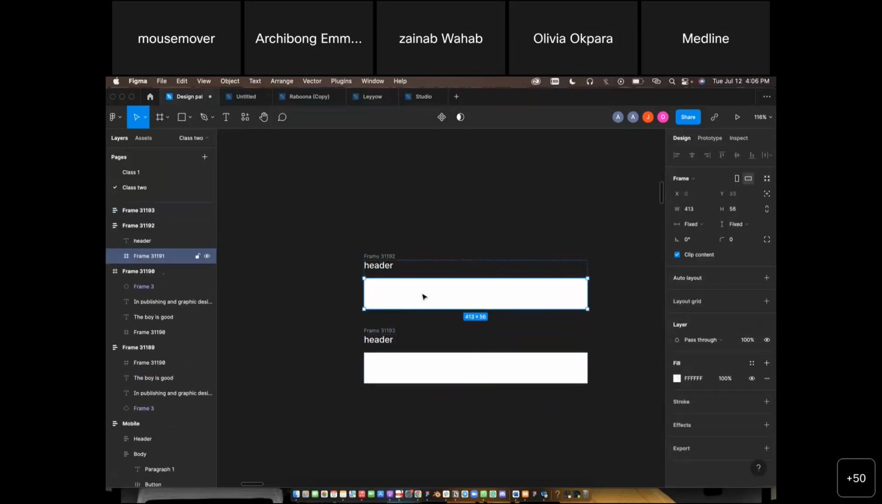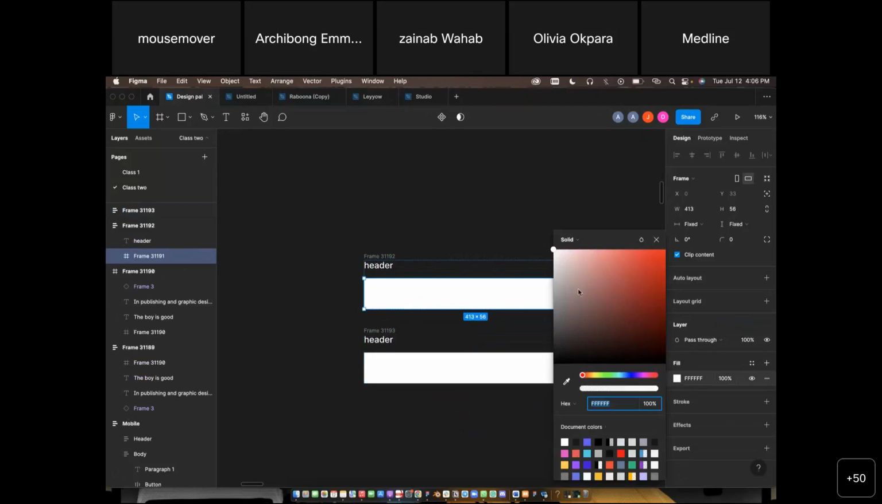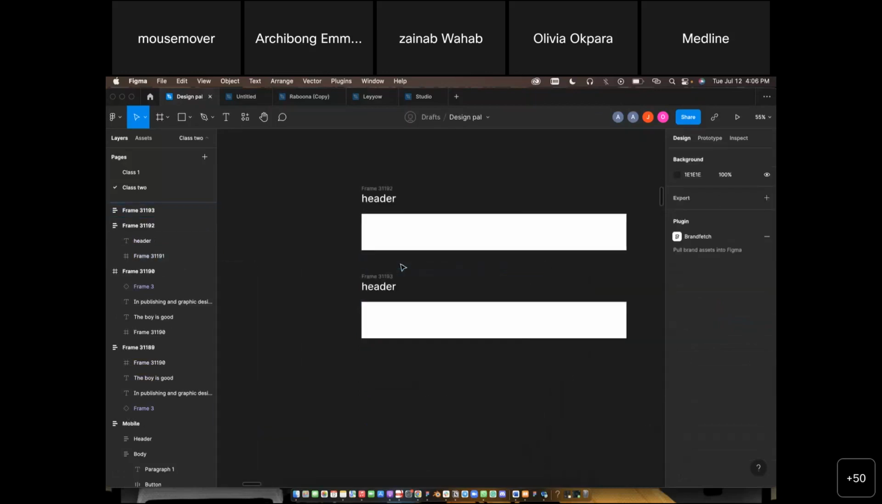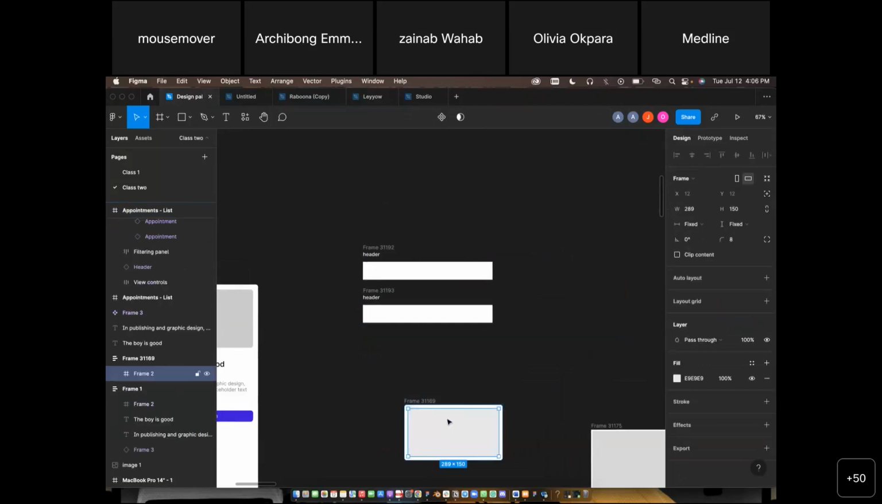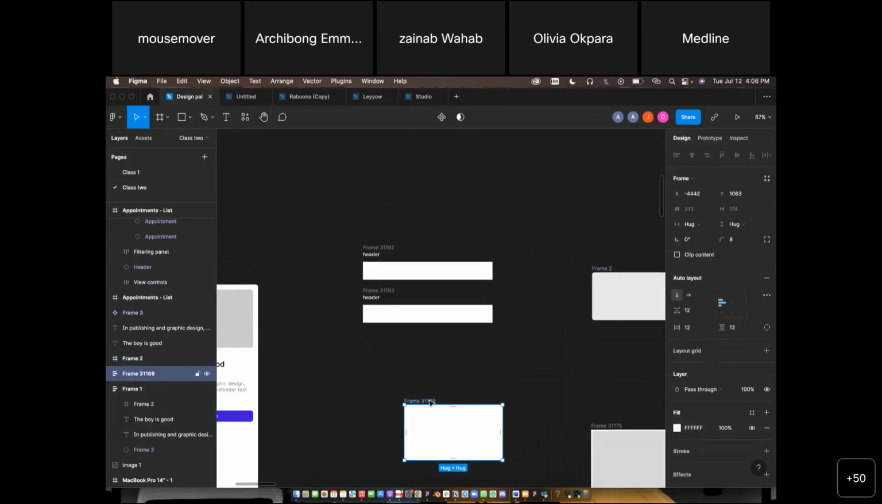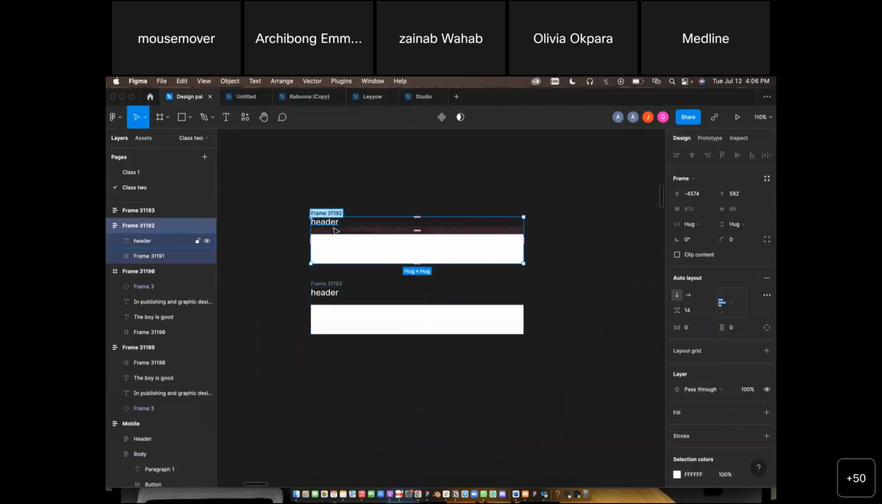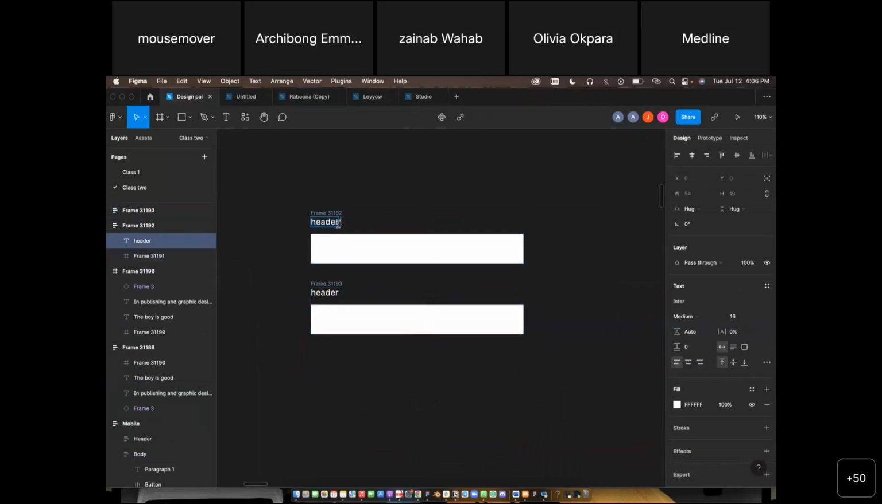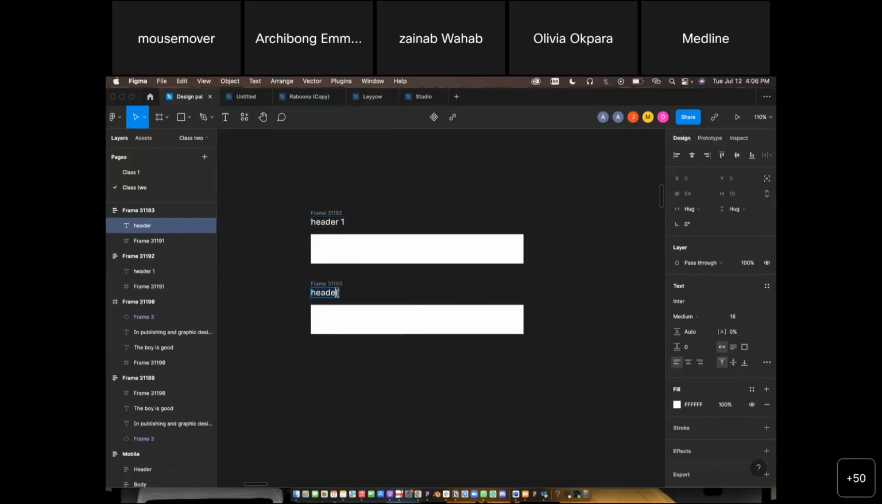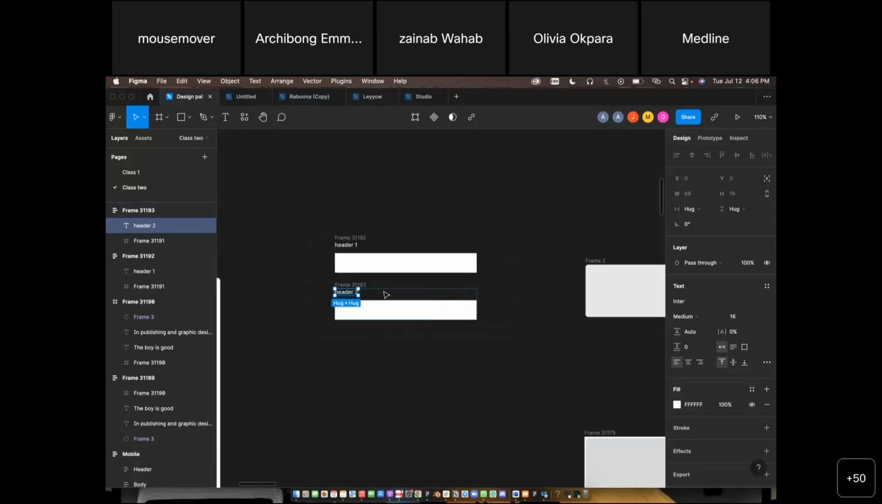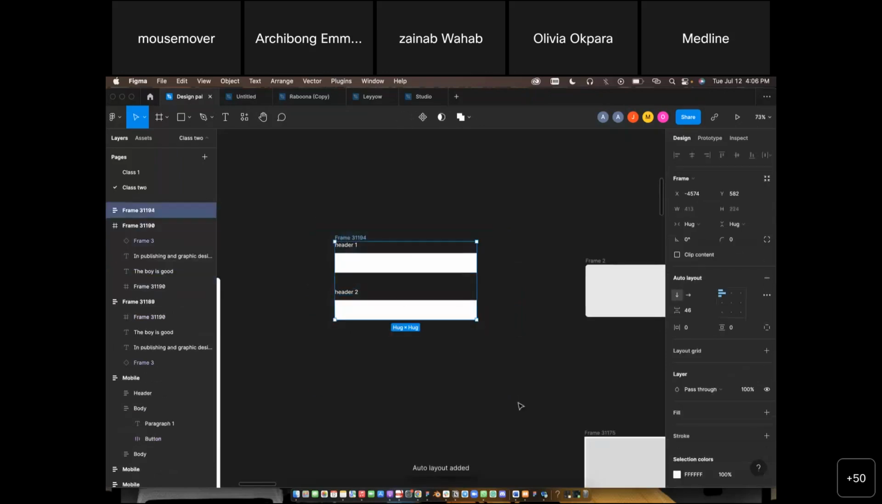Okay, let me just put it this way. Now I want to have multiple input fields. Let me give this header 1, 2. I can also give this auto layout, boom, and give it a distance of, let's say,